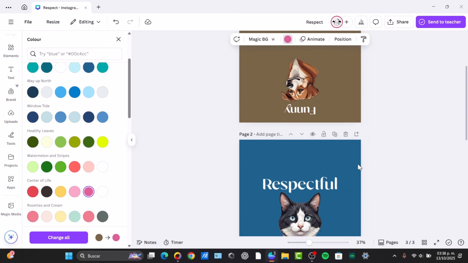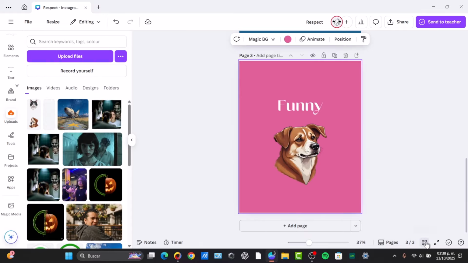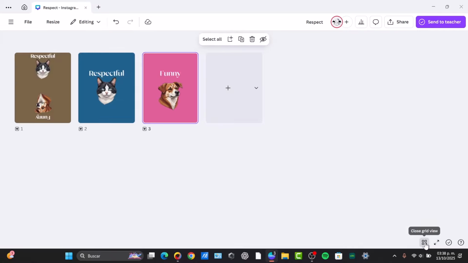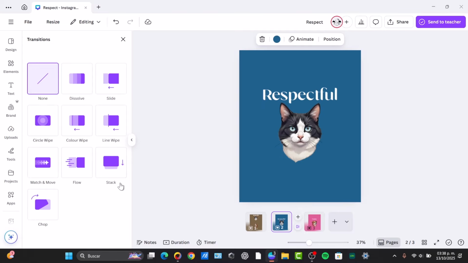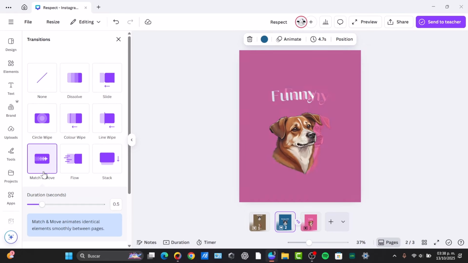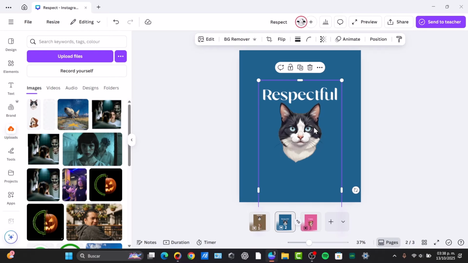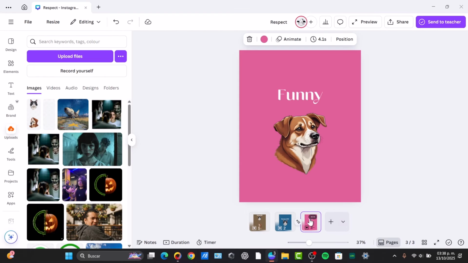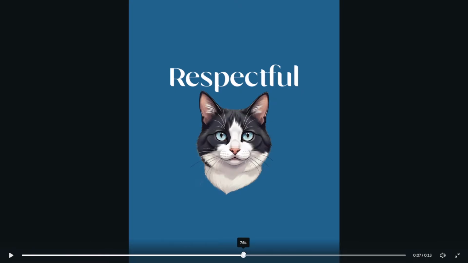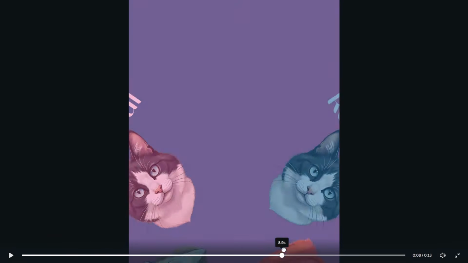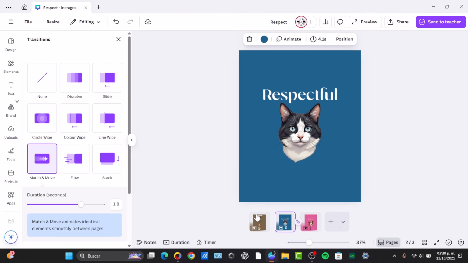So I have now 2 of them. What I'm going to be doing here is to select my grid view like this, select my page thumbnails, and here I'm going to add this transition where I can choose the option that says Match and Move. This is how the slide motion will be appearing. So make sure that when you select the new slide element, you have chosen the element of the transition. So from transition number 1, you have this element, but I don't want this element of the matching stuff to appear. So make sure that when you check Match and Move,